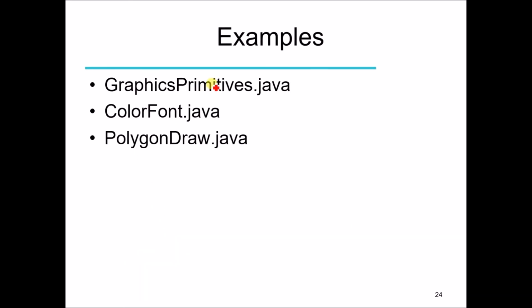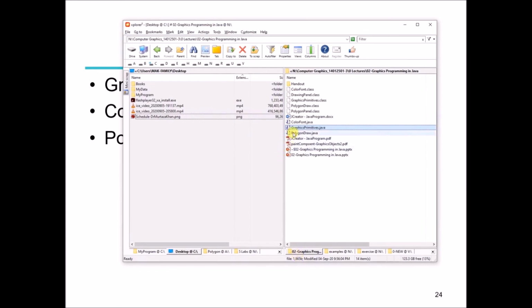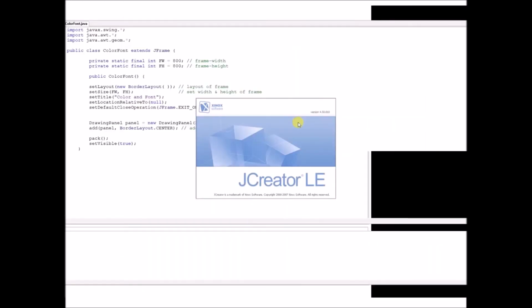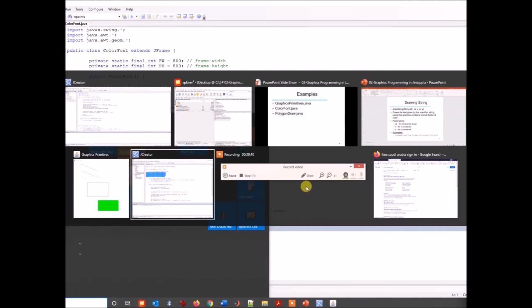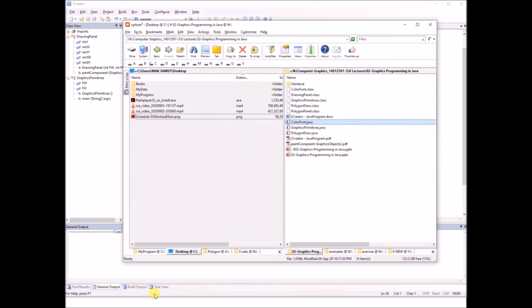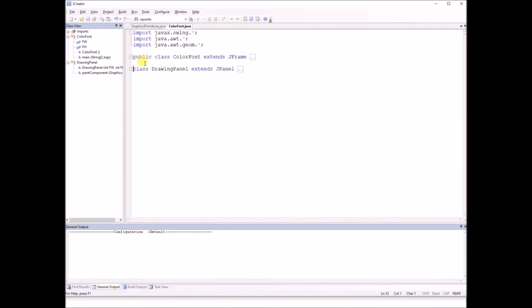There are some examples like the graphic primitives which I already discussed with you. Now I am going to discuss the class ColorFont, and again this Java file contains two classes: public class ColorFont extends JFrame, and the class DrawingPanel extends JPanel.